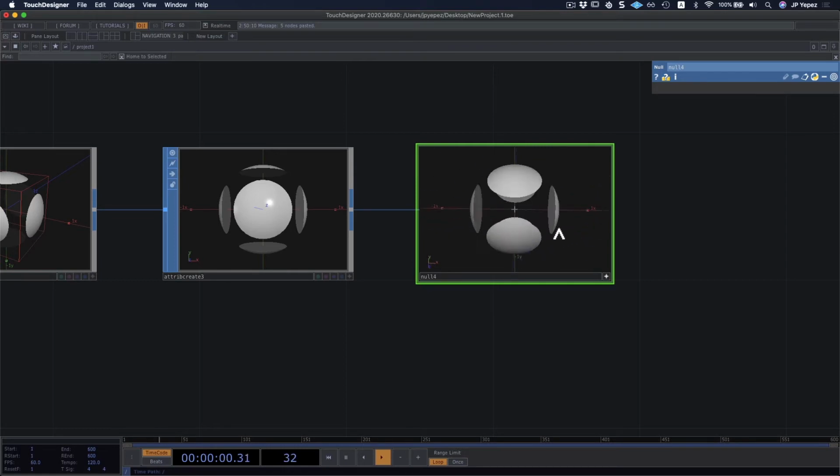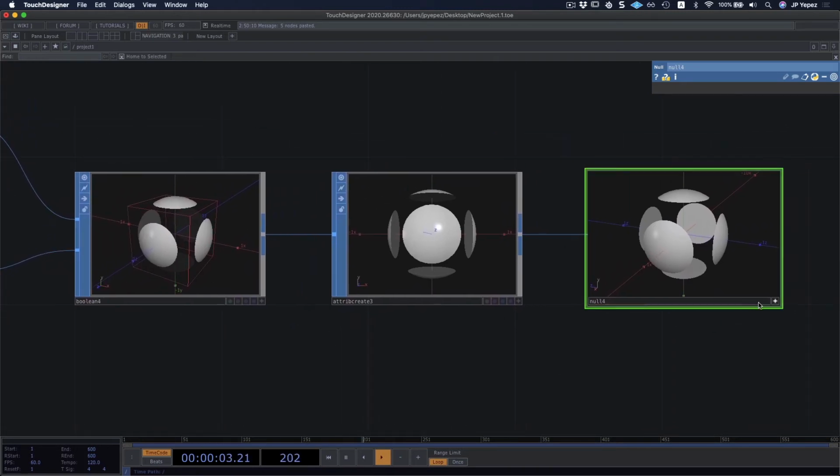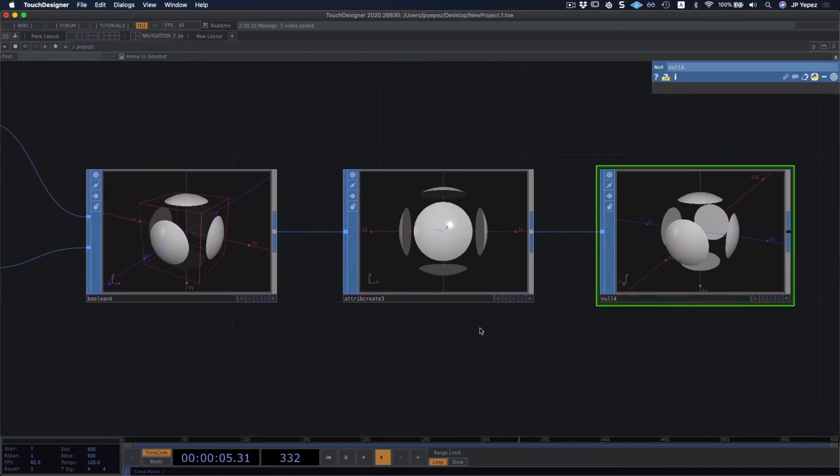Now we have 4 different little somewhat sphere segments that are made of everything but what the cube had. So it's an interesting way of thinking about geometry and creating a creative way of coming up with geometry.